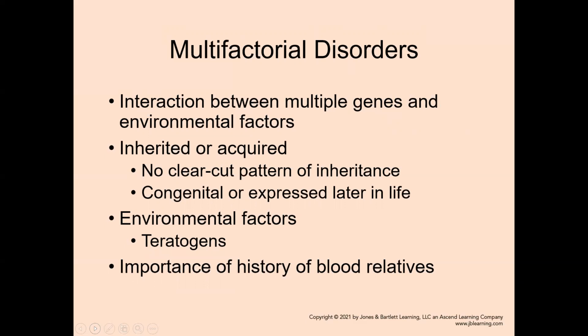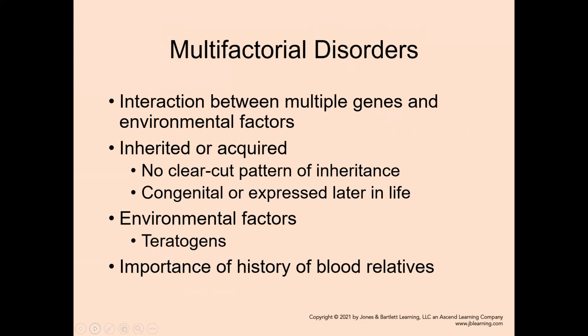I think it's important to note that environmental factors can include teratogens, which includes infectious sources, chemicals, or radiation. And it's important to know the history of your blood relatives, because the closer you are to the relative, the increased chance you have of inheriting a disease that they will have. And we're going to talk next week about doing a genetic genome so you can become familiar with your family or a family member of a friend, so you can see how you assess for risk